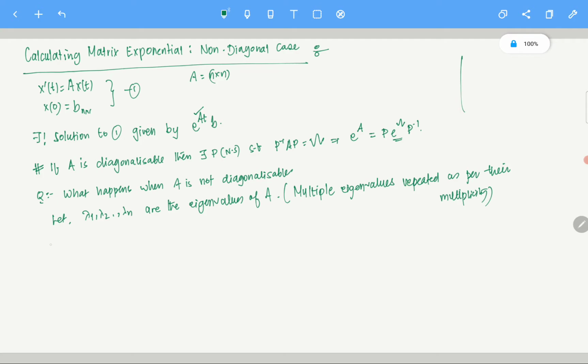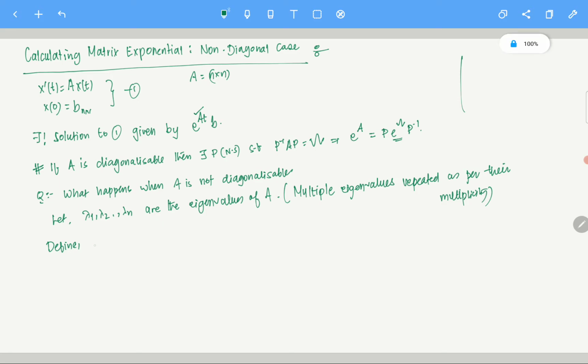So now what we do is we define, yeah. What I'm going to do is give you an algorithm which you can use to calculate the matrix exponential when the matrix A is not diagonalizable. Clear? Now there is a proof of this whole thing using the Cayley-Hamilton theorem, but we are not going to look at the proof. This is just for how to calculate this. The proof is not a super important thing to understand in our context, so I'm skipping it.